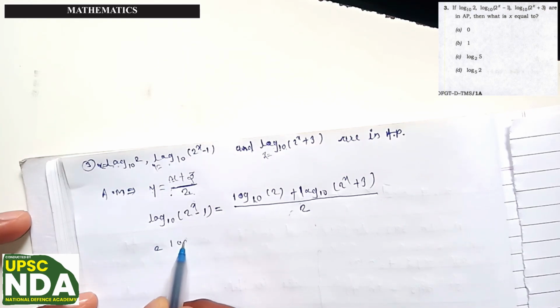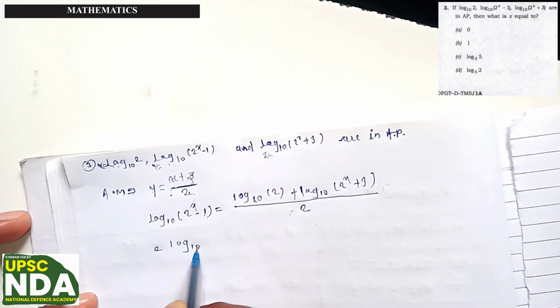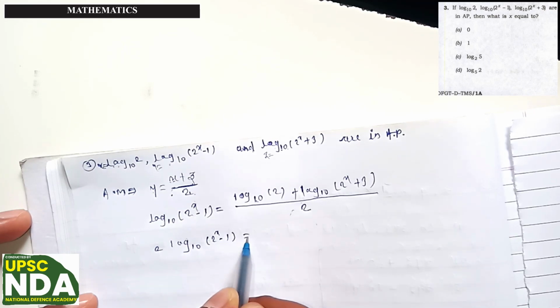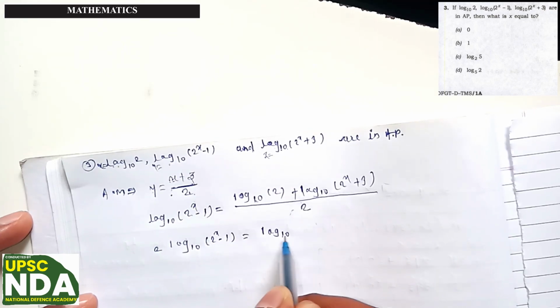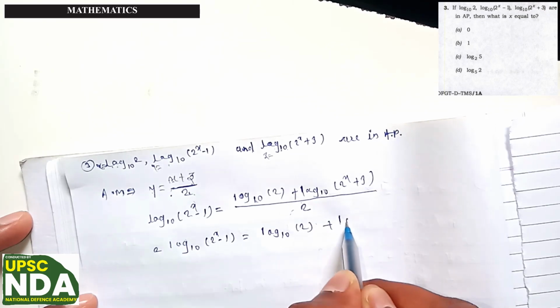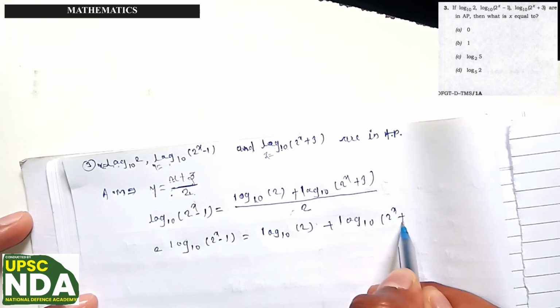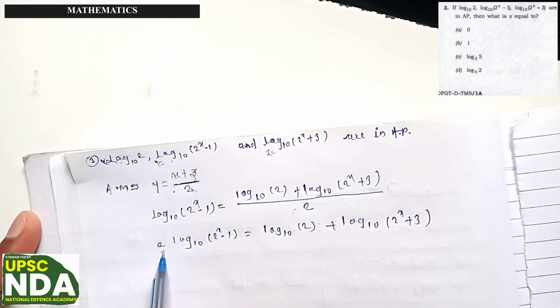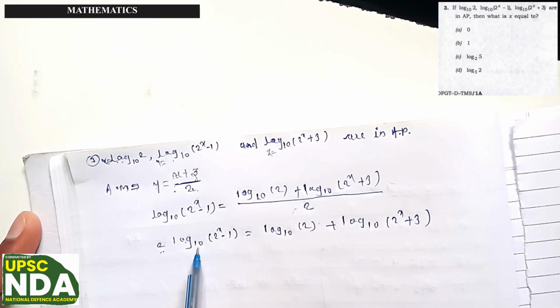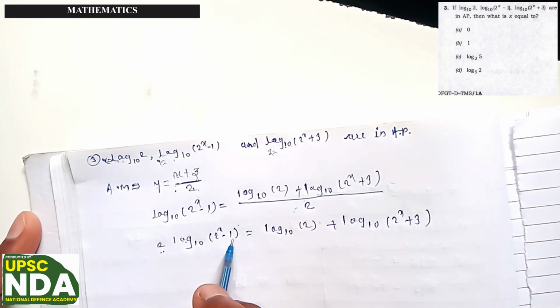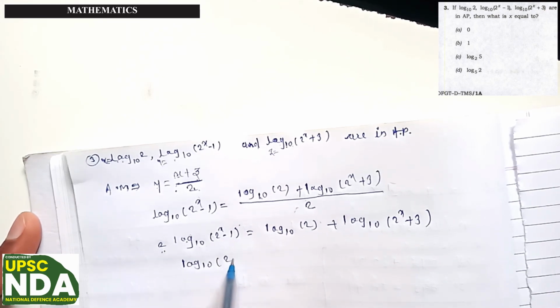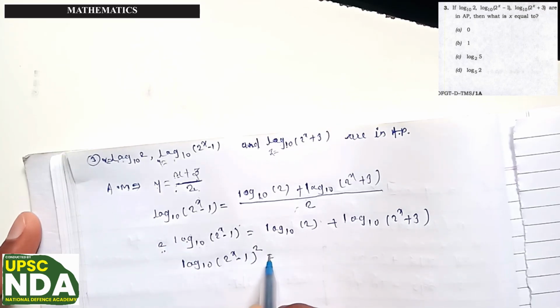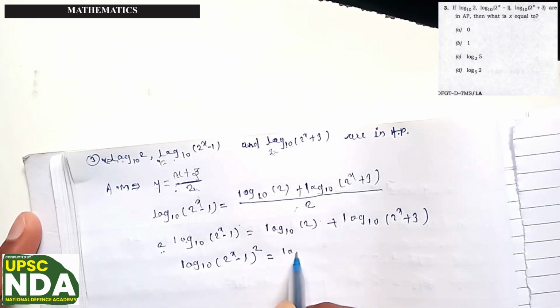So 2 times log to the base 10 of 2 raised to x minus 1 equals log to the base 10 of 2 plus log to the base 10 of 2 raised to x plus 3. By using the exponent rule, we can take that multiple 2 to the power. So log to the base 10 of 2 raised to x minus 1, to the power 2, which is equal to log to the base 10 of